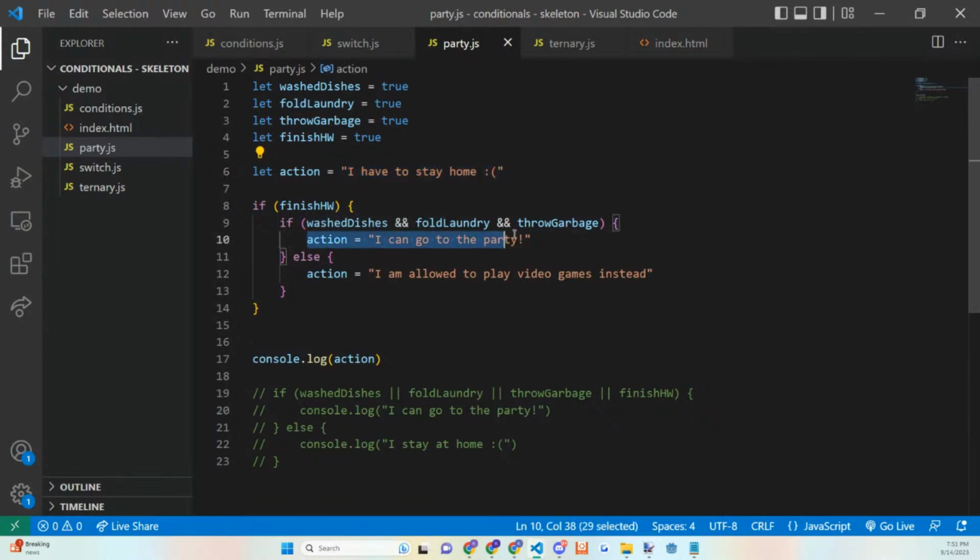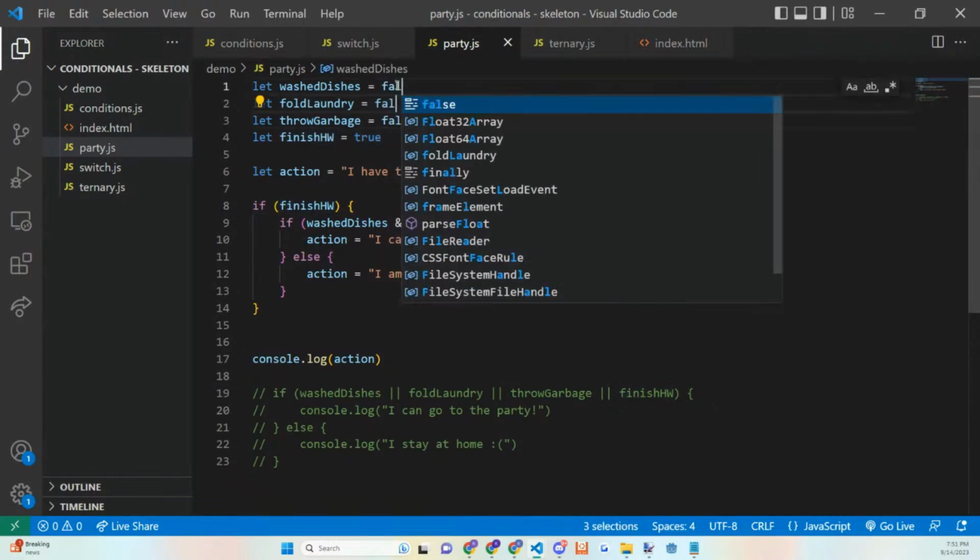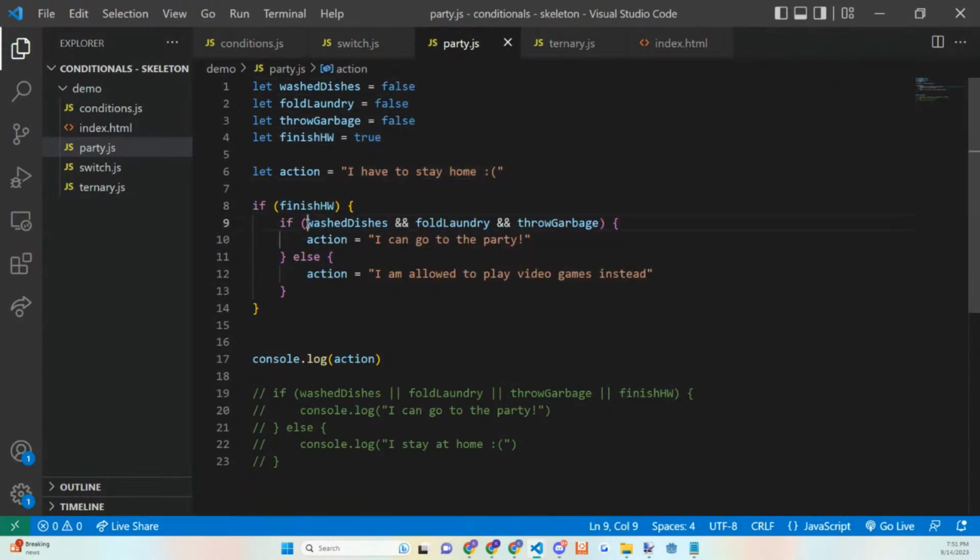I change it to either I can go to the party or I am allowed to play video games instead. So since I finished my homework, since it's true, if I make all these false, then it checks these conditions and notices that we get false as a result. So we don't get action is that I can go to the party. Instead, my action is that I am allowed to play video games instead. And then that is what is console logged.